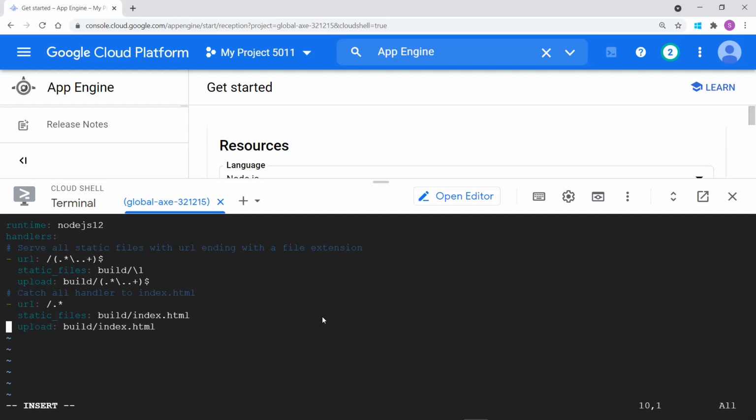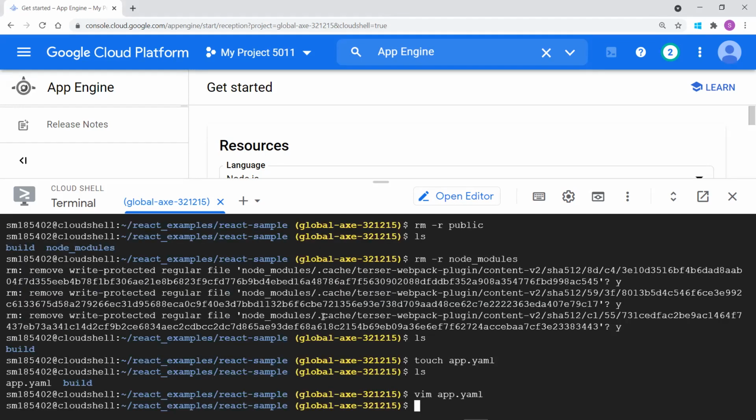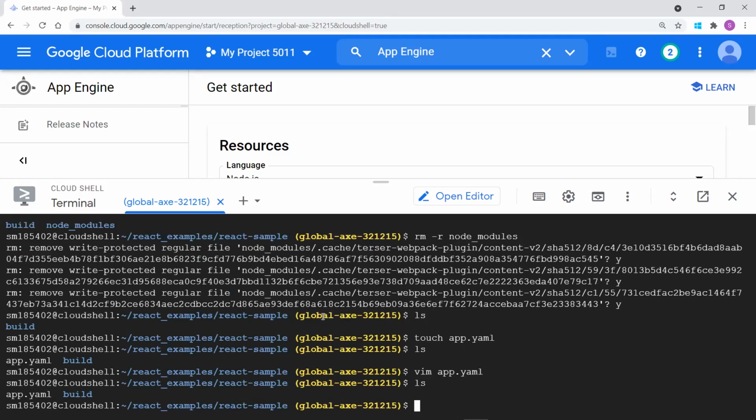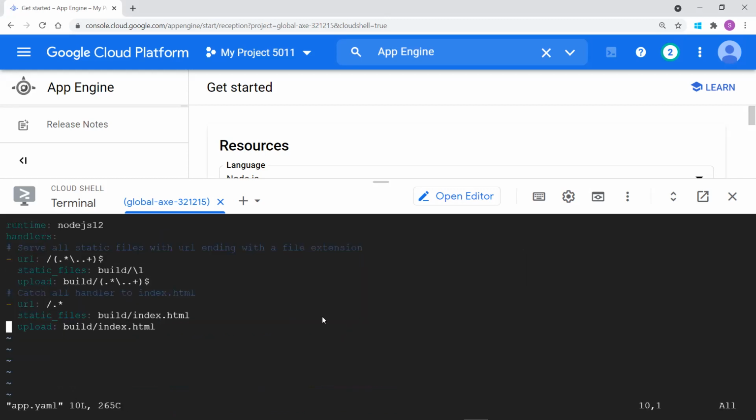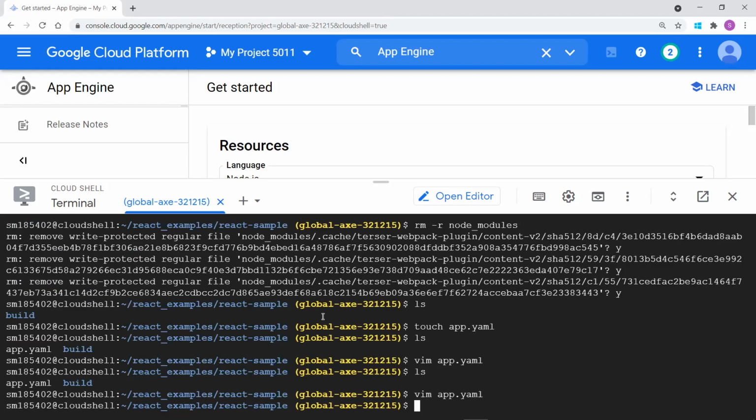So press escape and colon wq. So now we have stored the information in the app.yml file, whatever is needed, like what is a handler and what all the extension files we have. We have mentioned them in this app.yml file. So let's check whether those are reflected or not. So again, I'm opening with Vim. Yes, whatever we have stored, it is there. So again, escape colon wq. So now we have everything in hand.